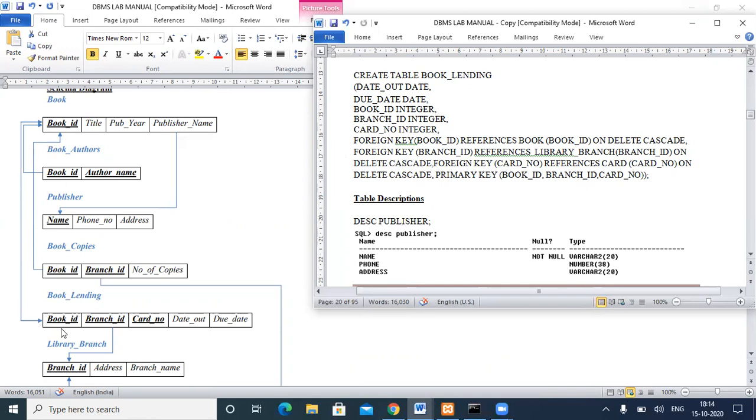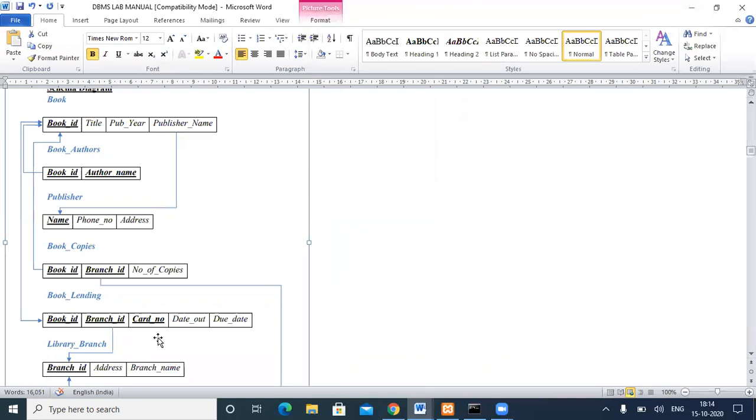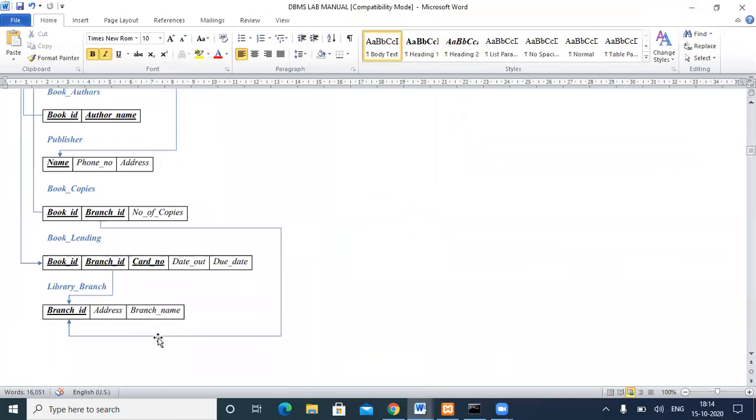So the arrow should be from this point to this point, and book ID is referencing the book table, branch ID is referencing the branch table, and the card number is referencing the card. So we have to create one more table with the card number. So we'll create it. Then under this card number, we can have an attribute like card number.